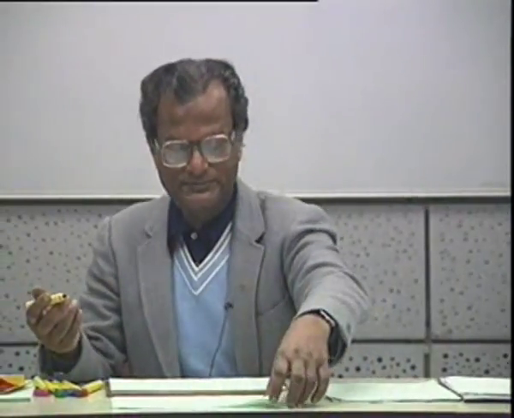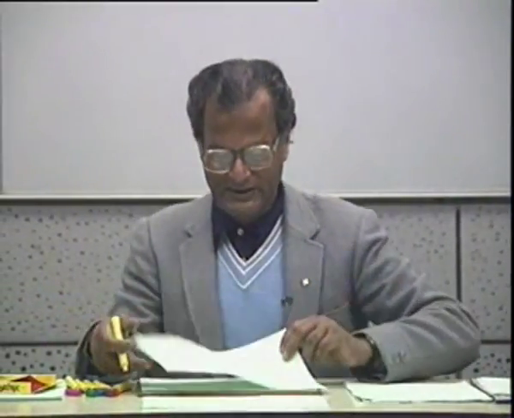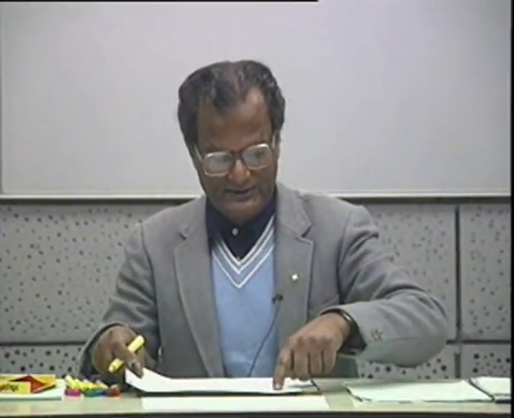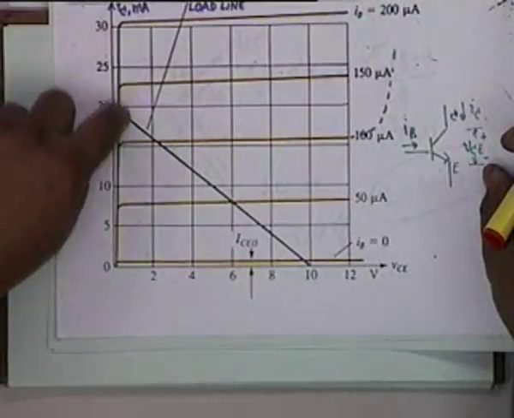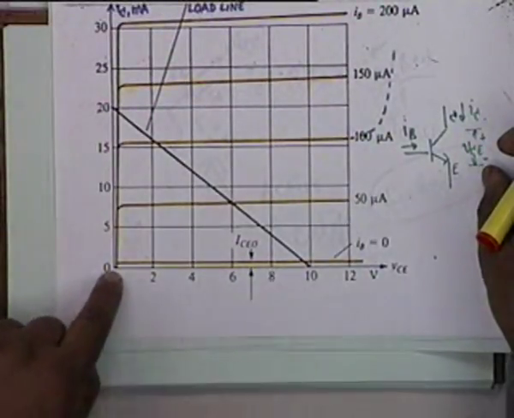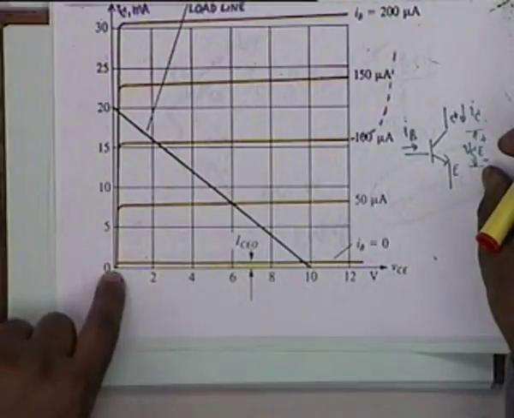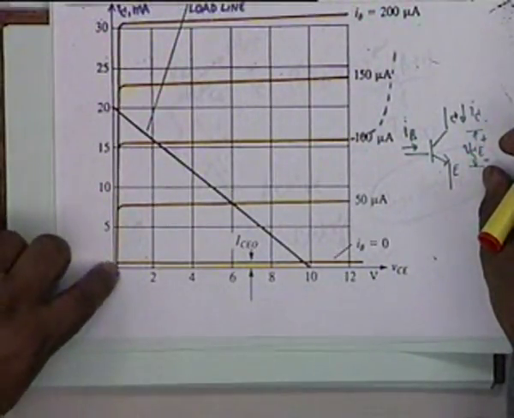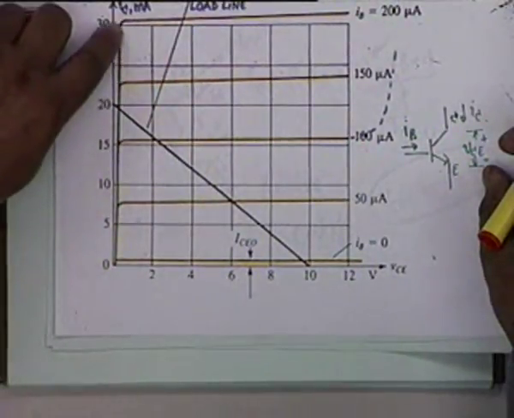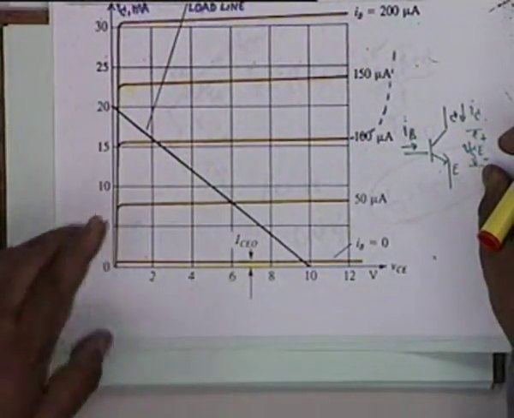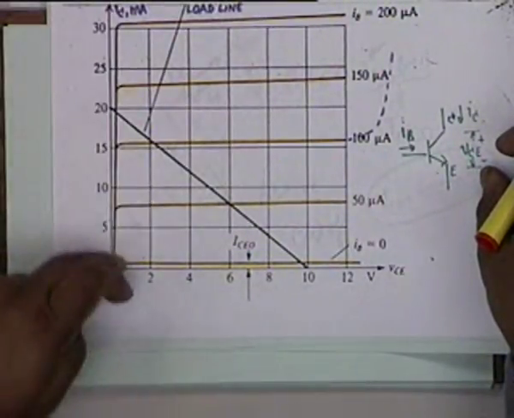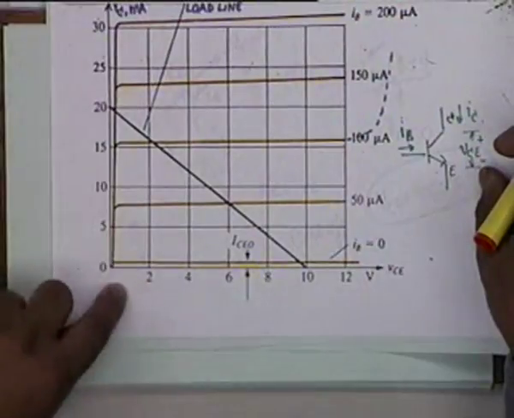So you understand what I mean by saturation. It's very important to understand. This is the saturation line, and saturation occurs when VCE is very small, tends to 0, and this value is taken as 0.2. In the ideal case, we will not take this line as inclined. In the ideal case, we will take it to be vertical, parallel to the I sub C axis, starting at 0.2 volt.